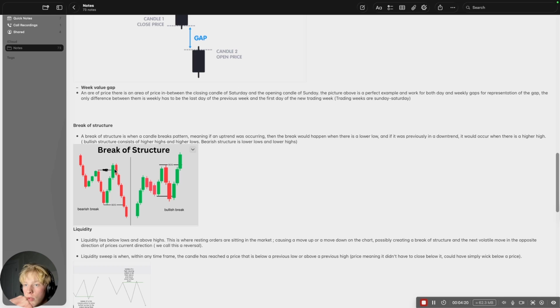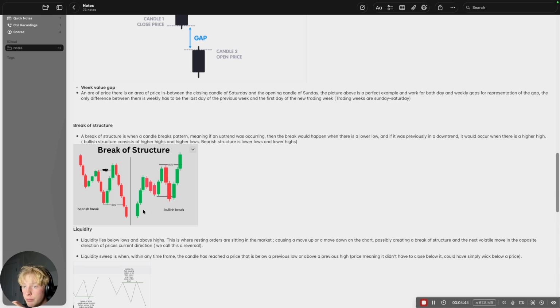Otherwise, you could confuse this break of structure for a liquidity sweep and could get stopped out. Like in this example here, if the body were to have closed below here, this reaction is normally what you'd get, because at that point, it would be noted as a liquidity sweep. I'll tell you about that in a minute. But now we have a break of structure